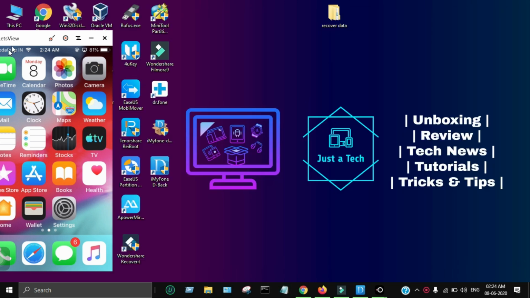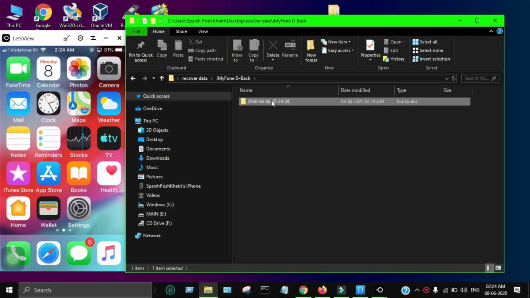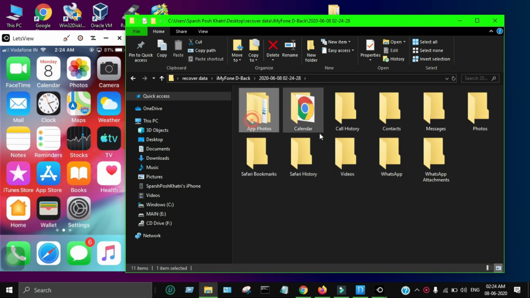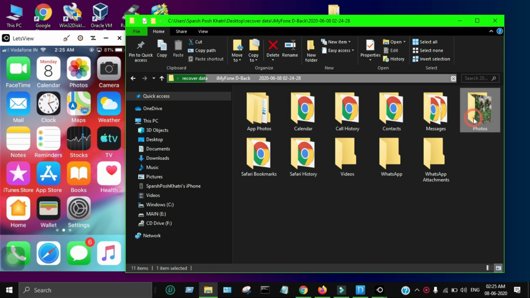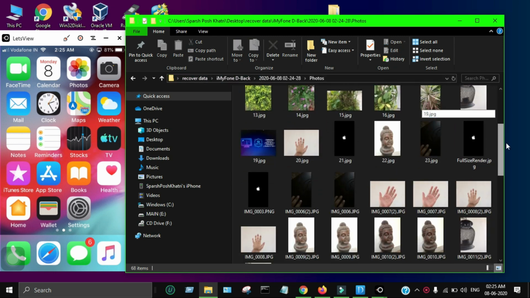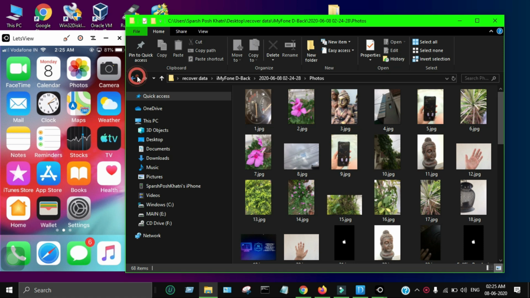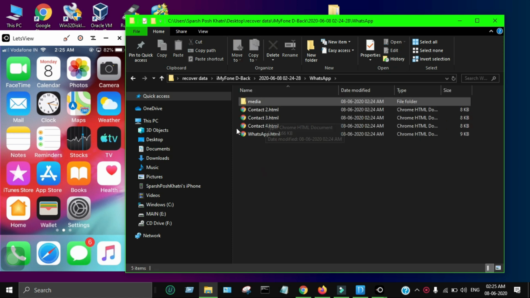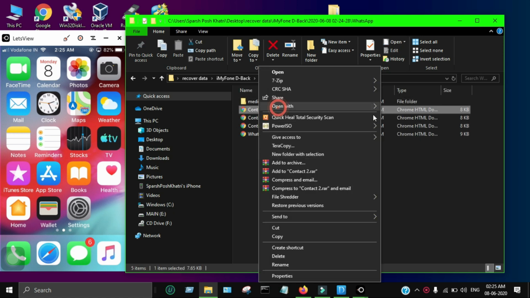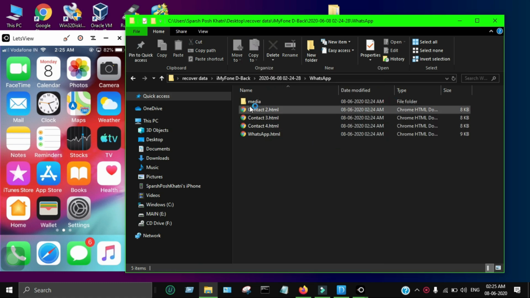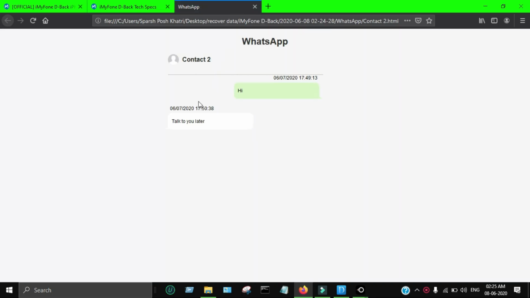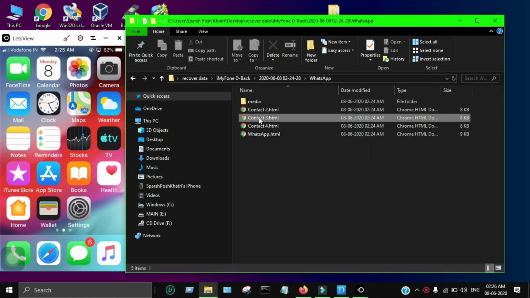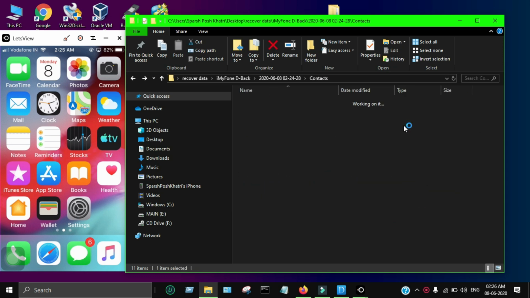After that, just go to the recovered folder and you will see the iMyFone folder, in which you will get all the folders according to the different file types. As you can see, it recovers all my photos and the videos. So you can see according to the folder. And it also recovered the contacts, so it will open in the HTML or XML format you have saved. So just open in the browser and you will see your WhatsApp chat history and the contacts and the other things you have saved. So you can open it in any browser and you can see the contact option also. So as you can see, all the contact options are in the table format.